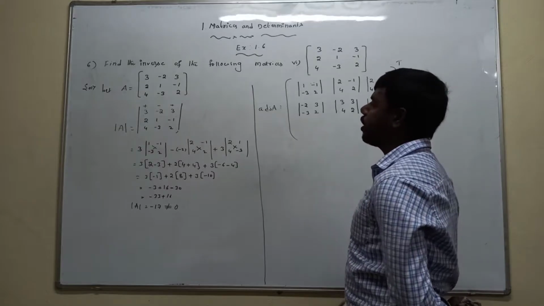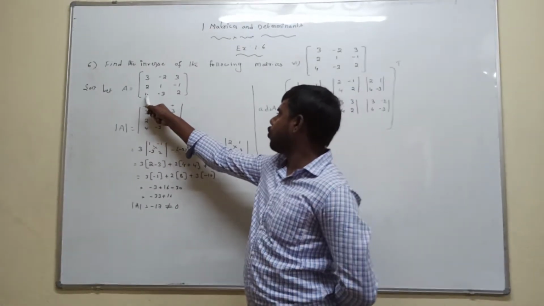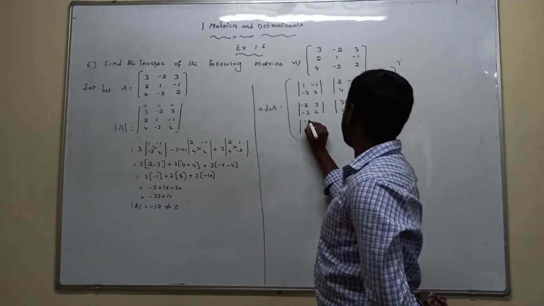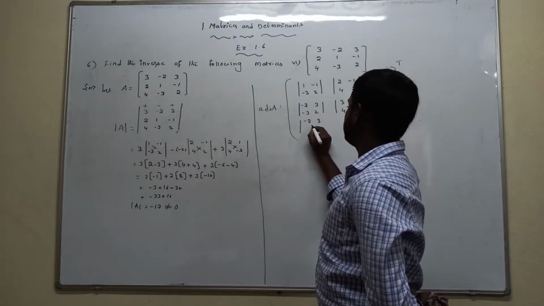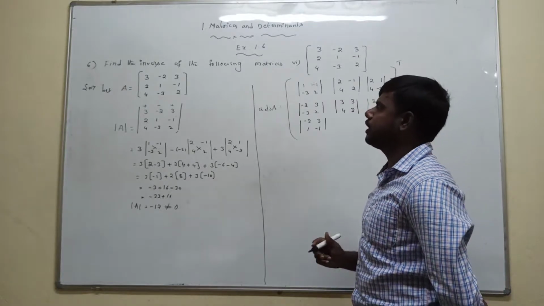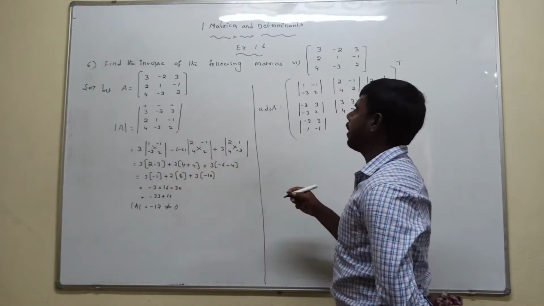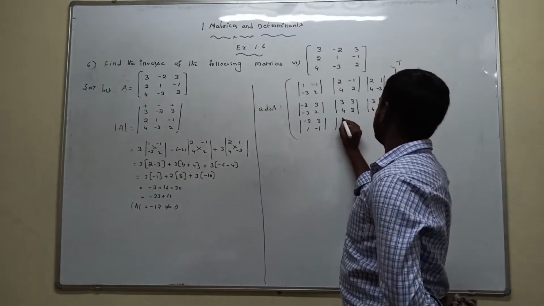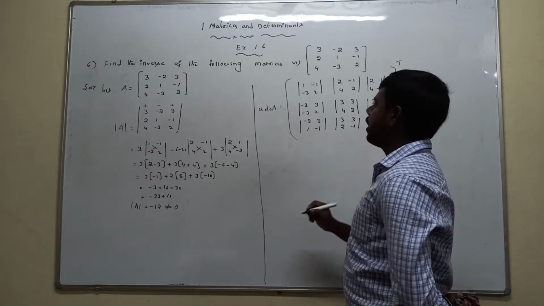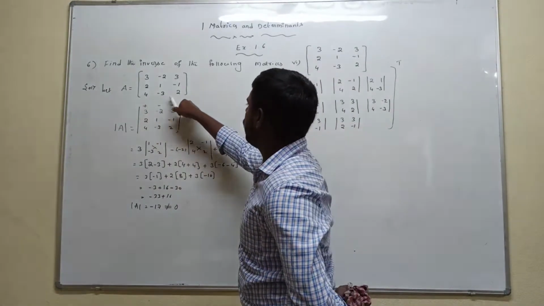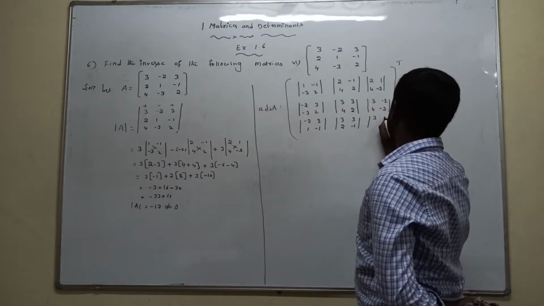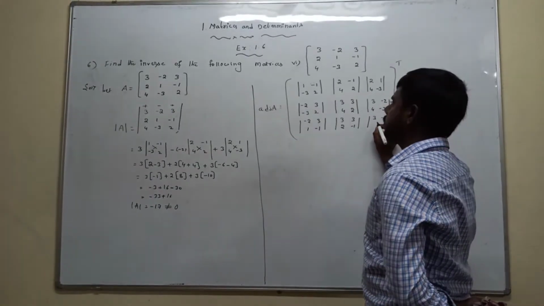So the second row is done, now we are going to the third row. The 4 present in the third row, first column is eliminated, so the rest of the elements are -2, 3, 1, -1. Next, -3 we are taking. The -3 present in the third row, second column is eliminated, so the rest of the elements are 3, 3, 2, -1. Next, 2 we are taking. The 2 present in the third row, third column is eliminated, so the rest of the elements are 3, -2, 2, 1.